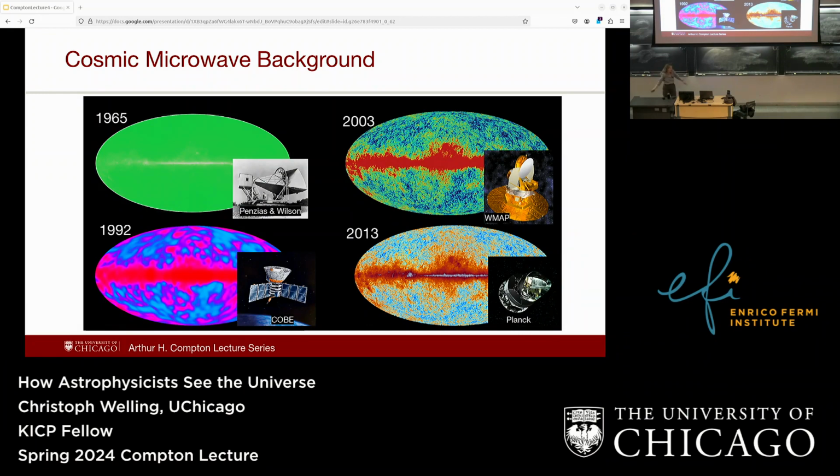Okay, so now I've thrown them all at once, but we can take stock to appreciate 50 years of technology improvements. In 1965, this is what Penzias and Wilson basically would have seen. They did not get a full sky map. The Earth gets in the way, the galaxy gets in the way, things get in the way. You can only do full sky maps from space, so that's just a false but representative map of what Penzias and Wilson would have seen with their telescope. And that stretch right through the middle is not a cosmic microwave background feature, that's the galaxy.